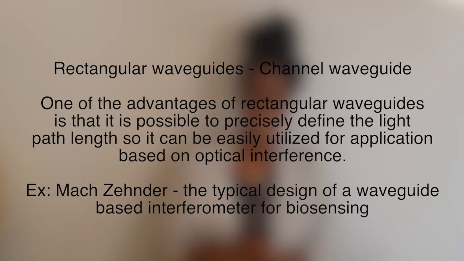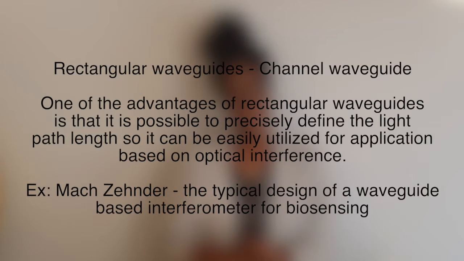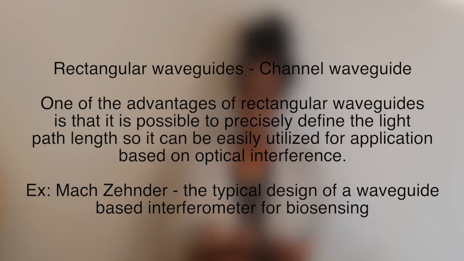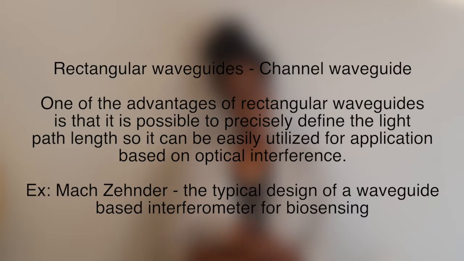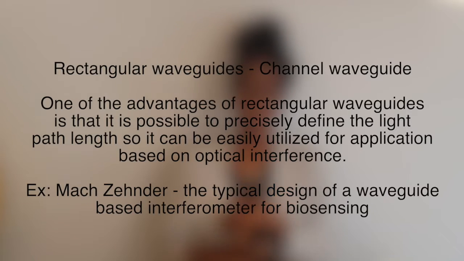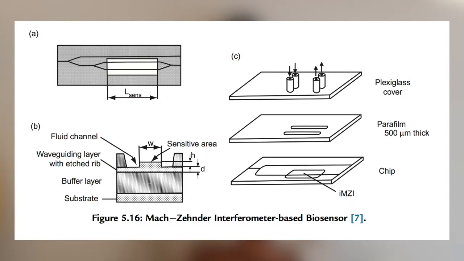Now, let's talk about rectangular waveguides. They're also called channel waveguides, and they have a different shape compared to the slab waveguides. The one advantage is that it is possible to precisely define the light path length, so it can be easily utilized for different applications based on optical interference. An example of a researcher that designed a rectangular waveguide for biological application is Mark Zender, and he designed a waveguide based on an interferometer for biosensing,